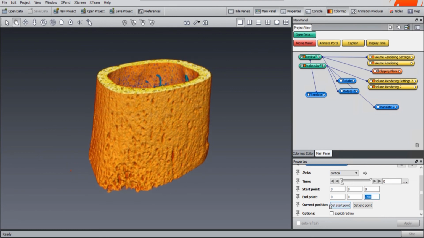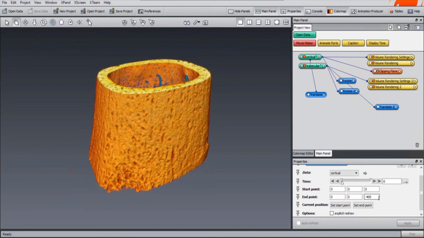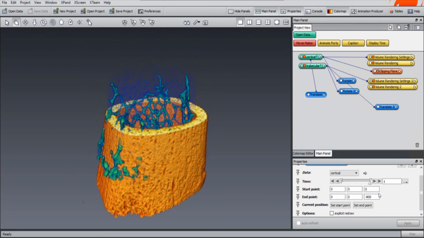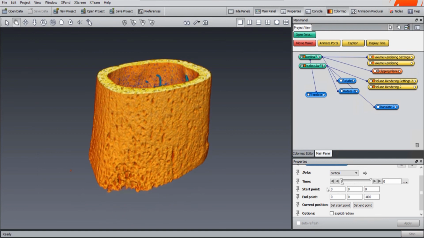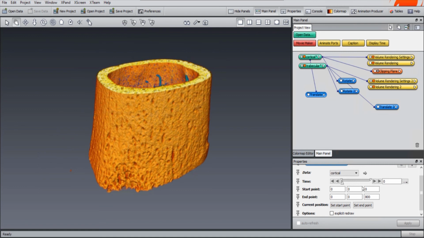That looks okay. So let's make minus 400 so that it moves a little bit more. It's not enough yet. Okay. That's not good. I want to move it up because I don't want it to look like it's inside. Okay. So I move this one up, and at the same time I can move